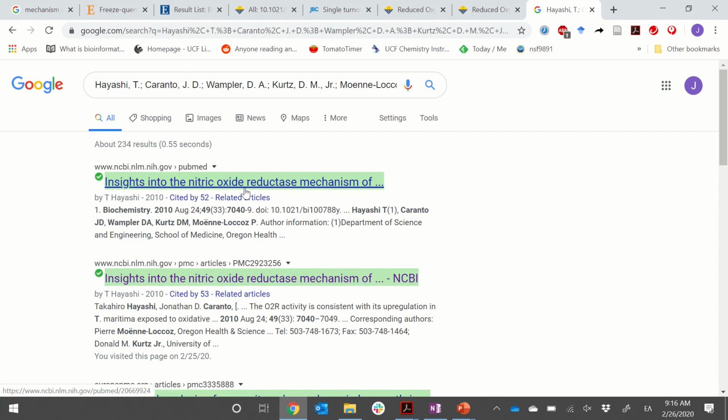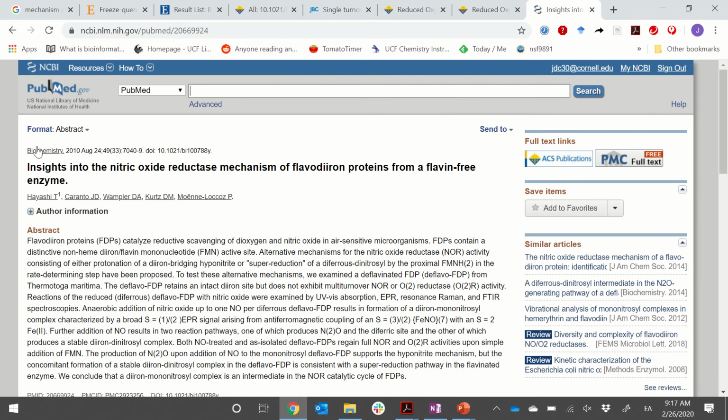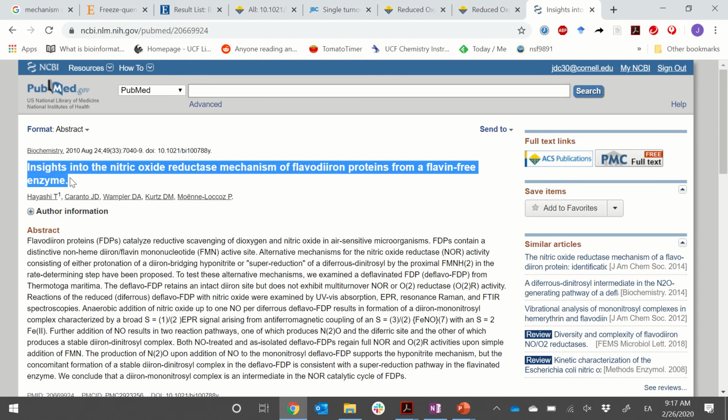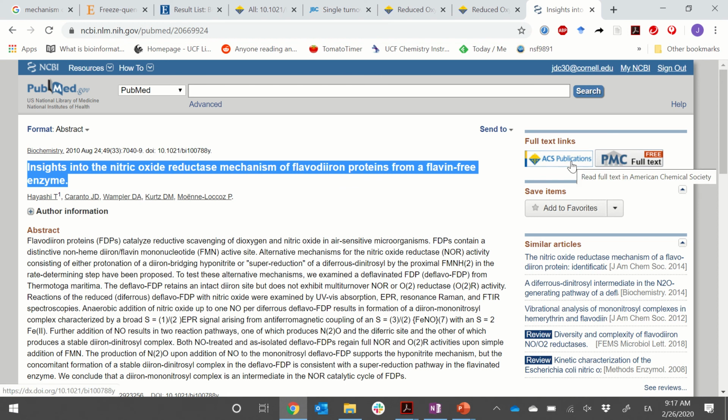There are two places where you might find a paper. For instance, PubMed, which is a search engine that is often used for biomedical research, has a good way of searching for papers. It has a database of a lot of papers that are either funded by NIH research or biomedical related. And here's the paper we're looking for. This is the title, and it gives us two options. We can either download